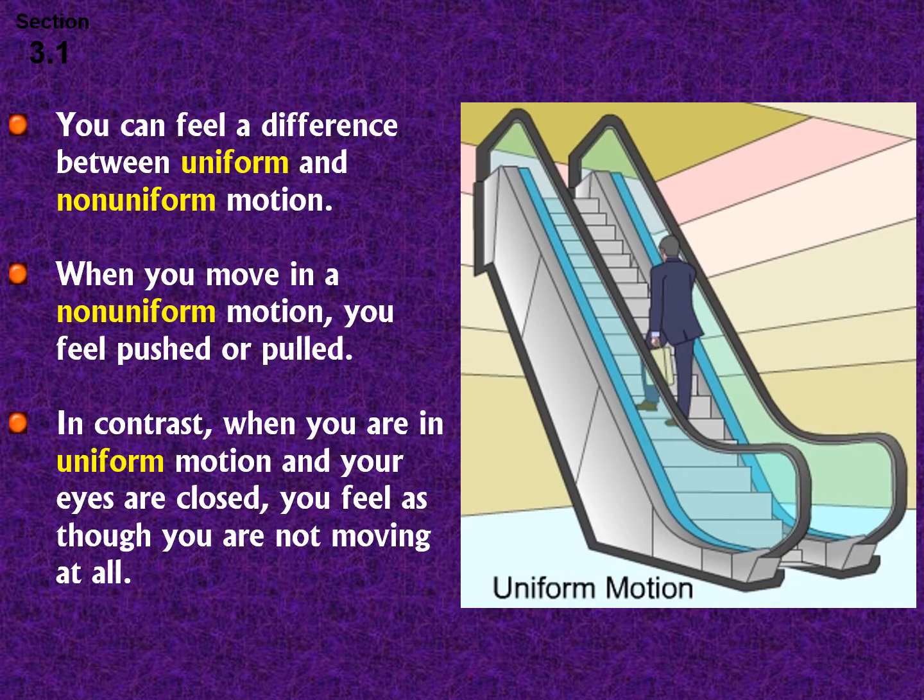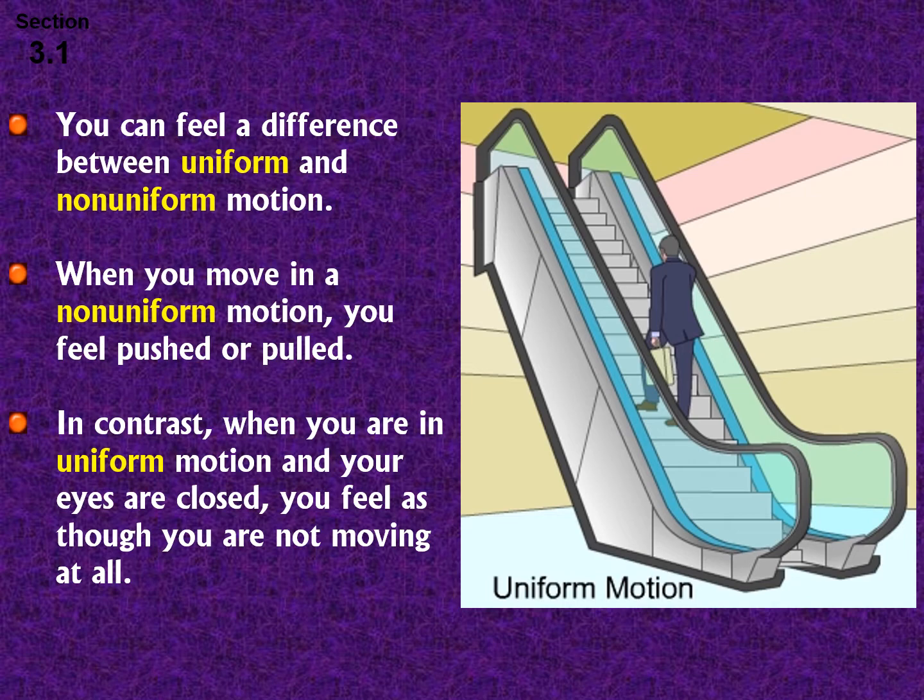So when you're in uniform motion, you don't feel any pushes or pulls. But when you are in non-uniform motion, it does feel like you are being pushed or pulled. If you're in non-uniform motion, let's say going faster and faster forward, it feels like something is pushing on you, pushing you backward, so to speak. Let's say you're in a car accelerating forward, you feel something pushing you. And when you make turns, you feel like you're being pushed to the side, okay?